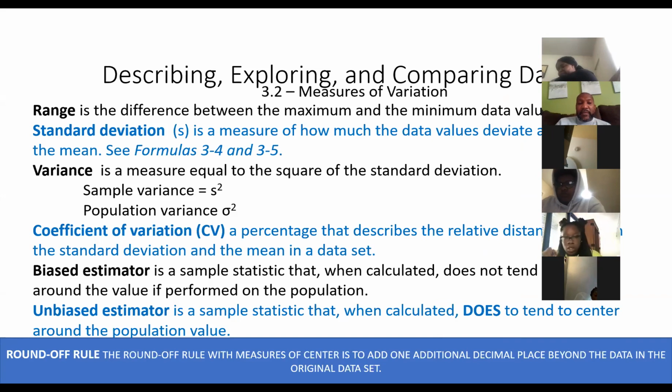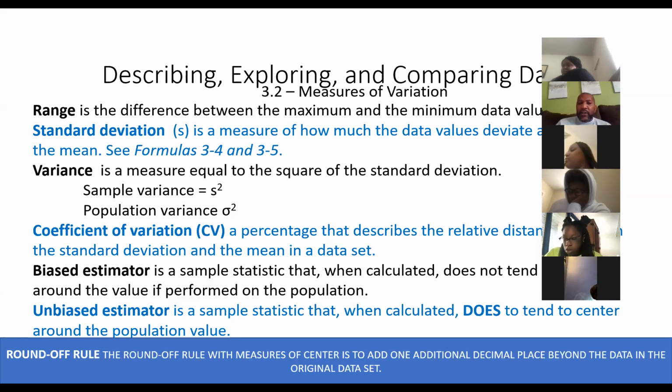A biased estimator is when you take a sample. So we're going to do the mean GPA, but only on a sample. Let's pick 3 people from this Zoom right now and find out their GPA. That's a sample. When I calculate it on that sample, we call it a biased estimator if it does not